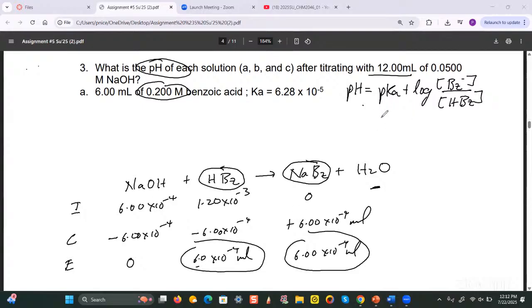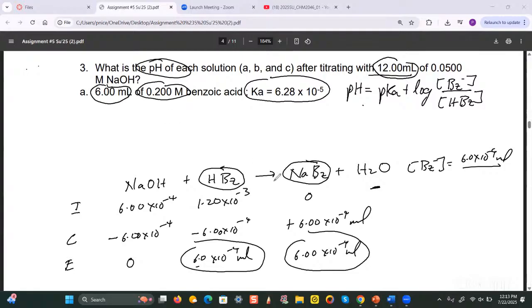So there are a couple of things we're going to need. We're going to need a pKa. We can find that because the question gave us the Ka value, right? We're going to need the concentration of BZ minus, and we're going to need the concentration of HBZ. So let's concentrate on determining the concentration of BZ minus. That will be equal to the moles, which is 6.0 times 10 to the minus 4 moles, divided by the volume of the mixture. Now, what's the volume of the mixture? Remember, we added 12 mL to 6 mL, or 6 mL to 12 mL, it doesn't matter, right? So the total volume would be